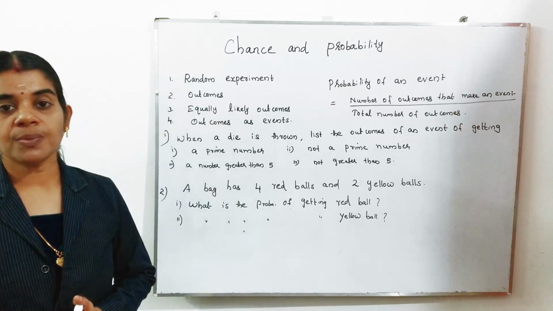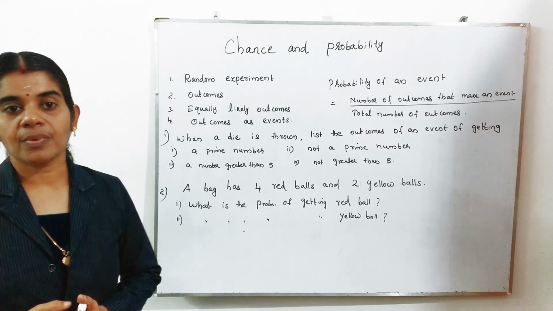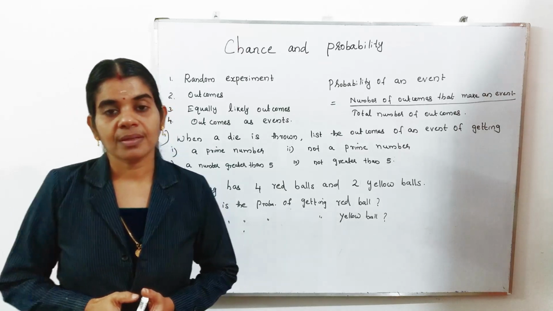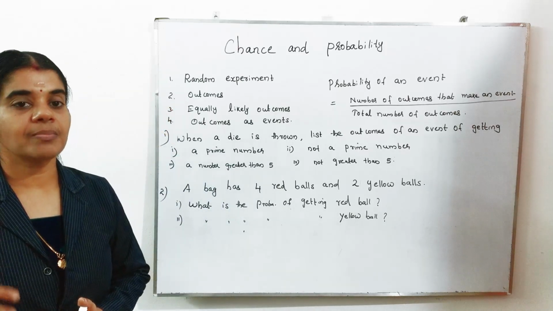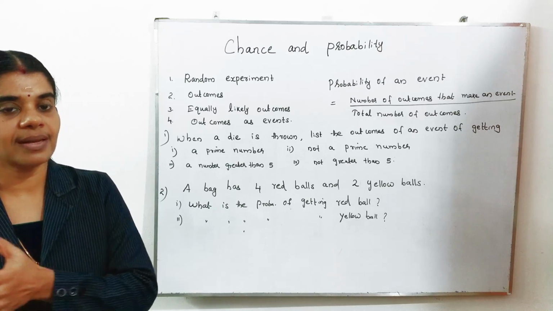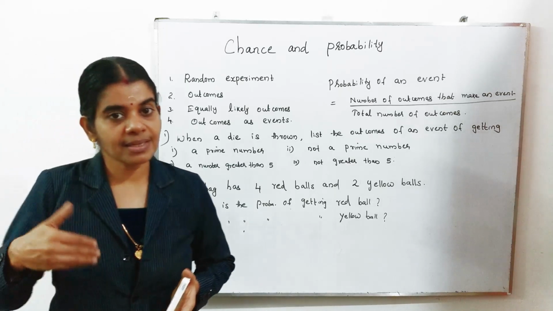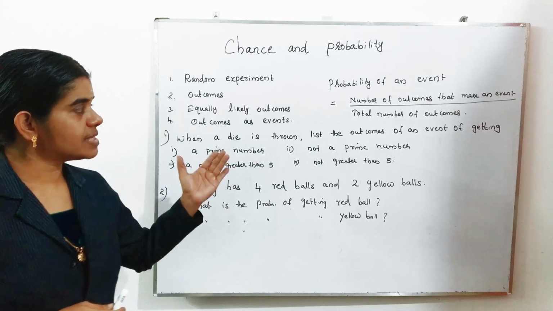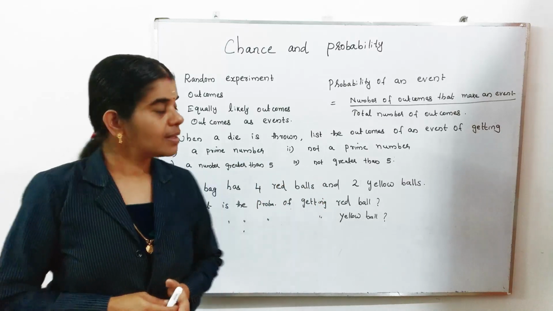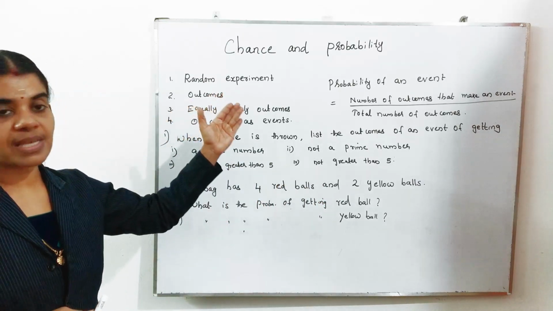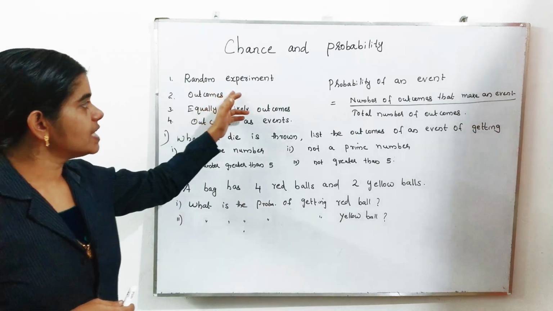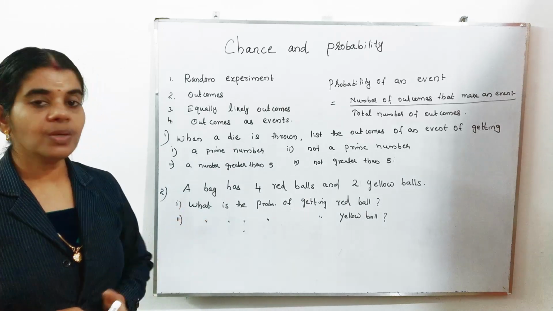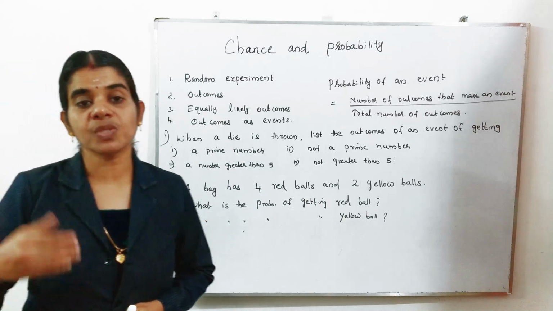Like that. Suppose that you studied 4 lessons for the exam and we left one lesson, and maximum questions came from that left lesson. Like that, there are chances. We are thinking like that, there is no problem like that. There is a chance of winning and losing. Then what is meant by chance and probability? What does a random experiment mean? Random experiment means we already know the outcomes of the experiment.